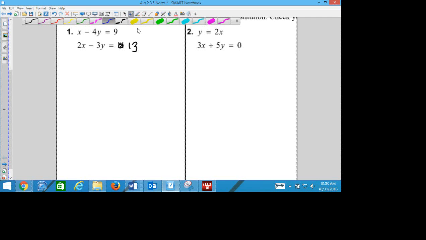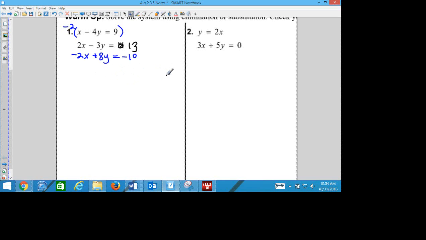What looks like it would be easier to get rid of? The x's. But to do that, I have to multiply the top equation by -2, so that we get -2x plus 8y equals -18. That way, when I add them together, the x's cancel out. If you don't cancel out one of the variables, you can't solve. Then I'm going to add up my y's. I'm going to get 5y. I'm going to add up my constants and get -5. And we solve for y. Divide both sides by 5, and we get